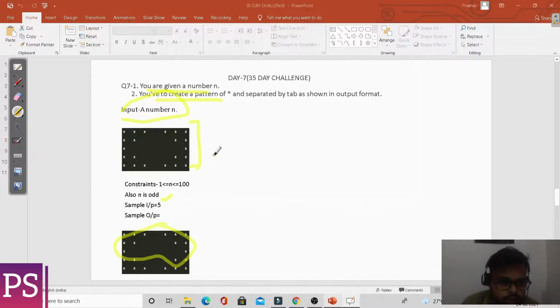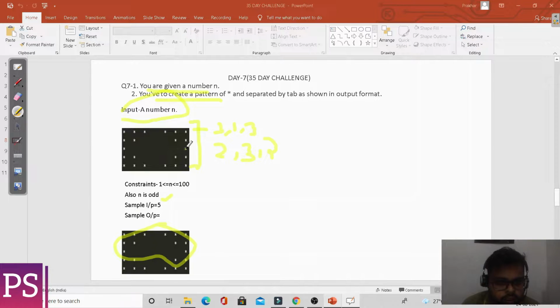So let's first discuss this pattern. In the first row there are 3 stars, 1 space, 3 stars. In the second row there are 2 stars, 3 spaces, 2 stars.